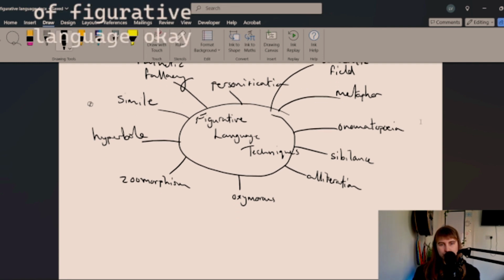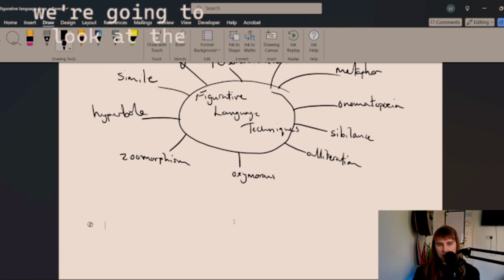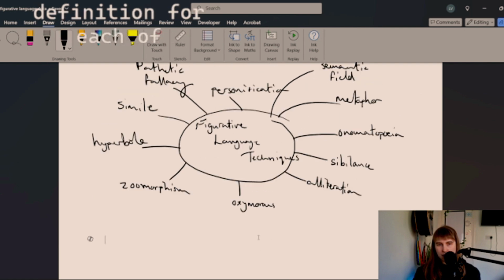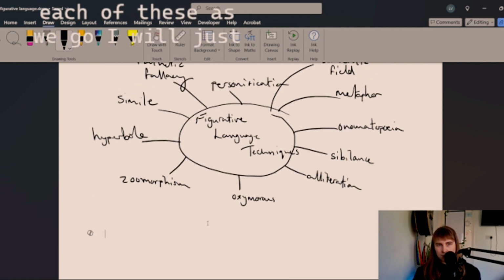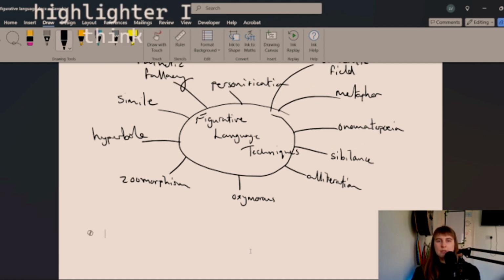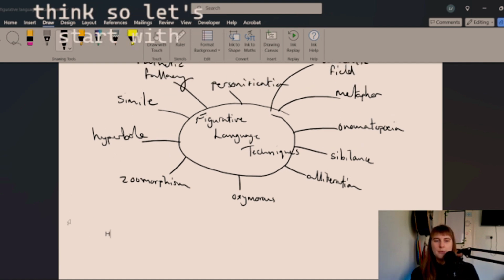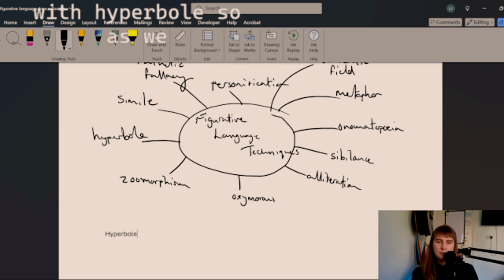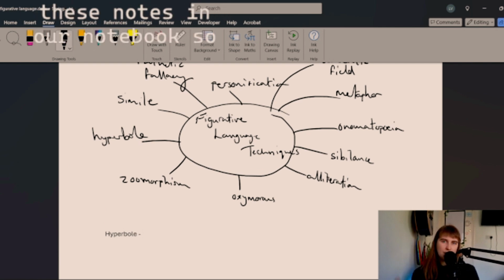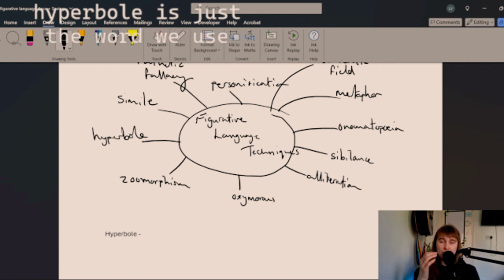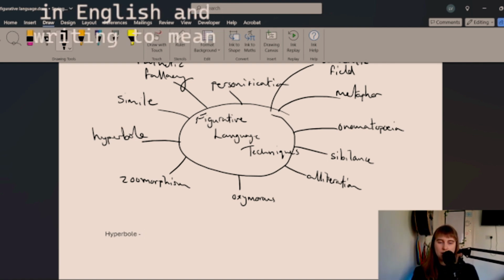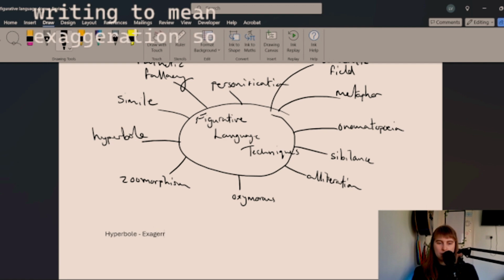Okay, so we're going to look at the definition for each of these. As we go, I will just cross them off with a highlighter, I think. So let's start with, over here, let's start with hyperbole. So as we go, we're going to write these notes in our notebook. So hyperbole is just the word we use in English and writing to mean exaggeration. So exaggeration